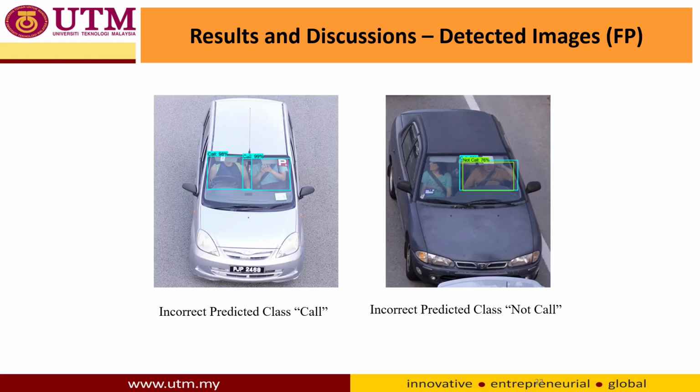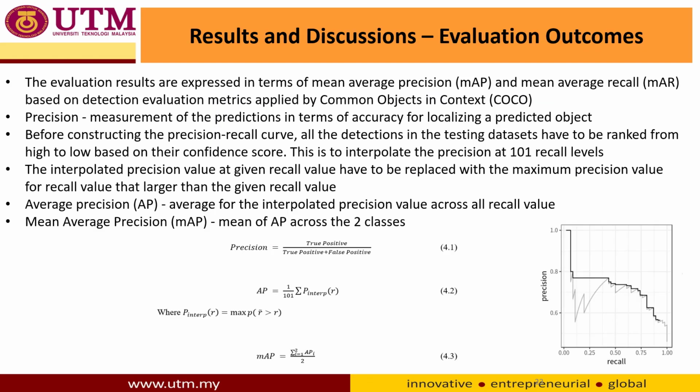Sometimes the classifier also performs incorrectly. In this one we can see that both the passenger and the driver are not performing any call on the left-hand side, but it's still predicted as a call. On the right side, the driver is just putting his hand on the window, but because in our training any image where the hand is towards the head is considered a call.